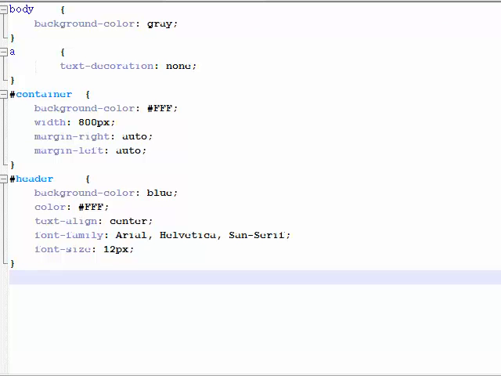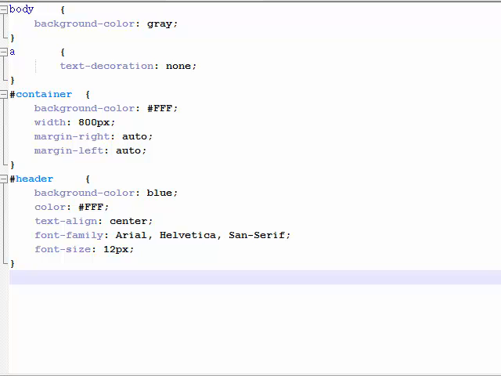Okay, let's go. Now let's style our contents div. The contents div contains the div navigation and the div main, but right now we're going to just worry about the contents div itself. So simply I'm going to write the hashtag or the pound symbol contents,